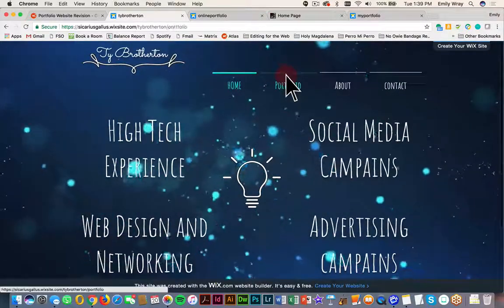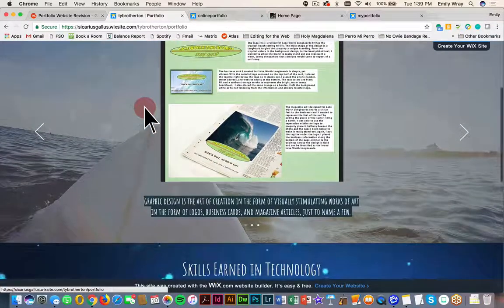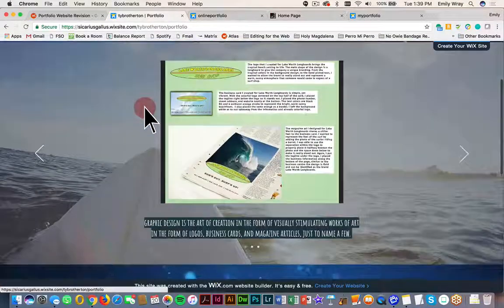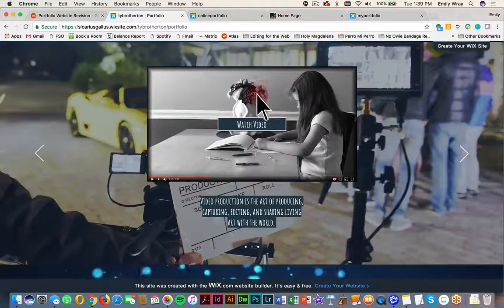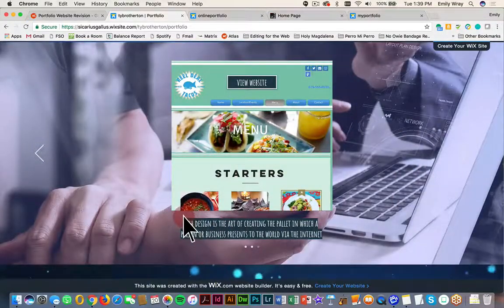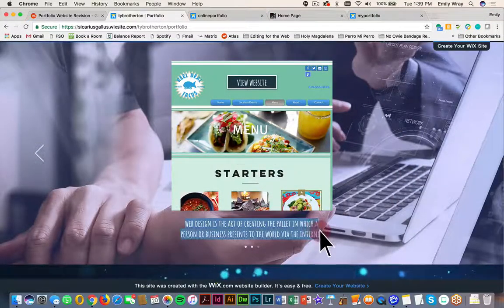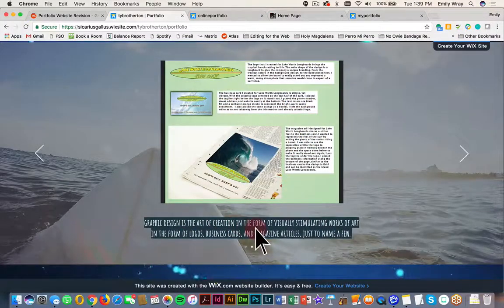So I'm going to go next to the portfolio page, and here I can see that you're choosing to include a number of different projects. As I scroll through these, I can see that we've got the ability to watch the video here, and then you do a nice job of giving us the context to understand what you created. So this is website design, graphic design,